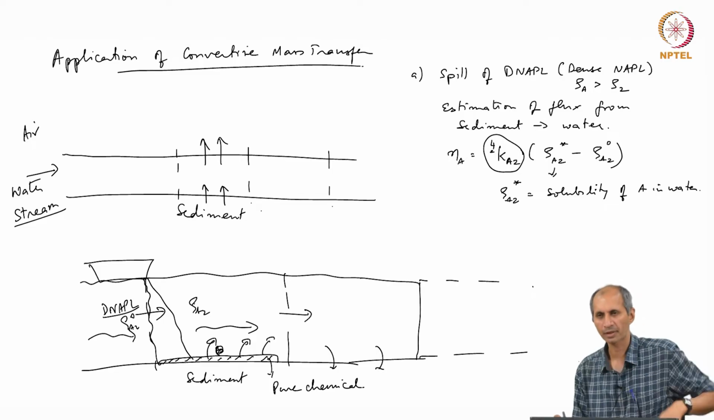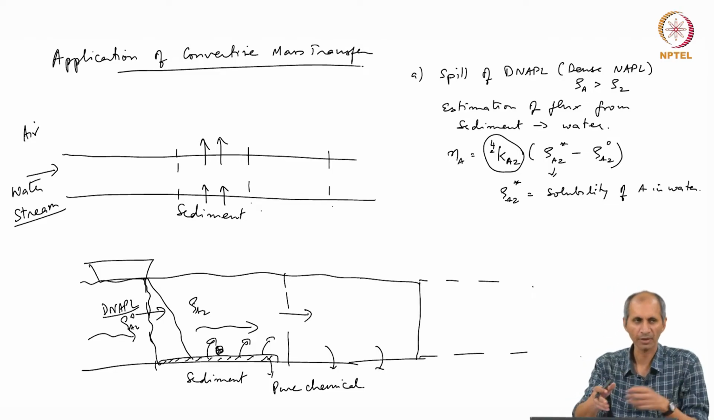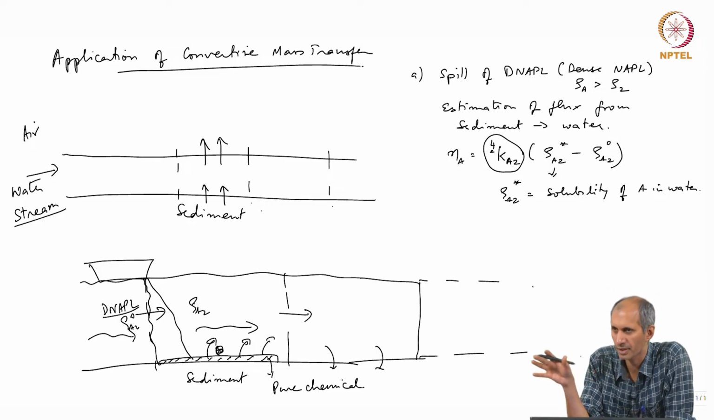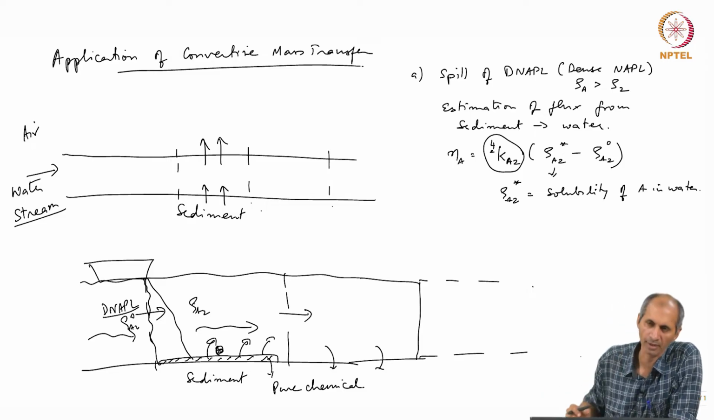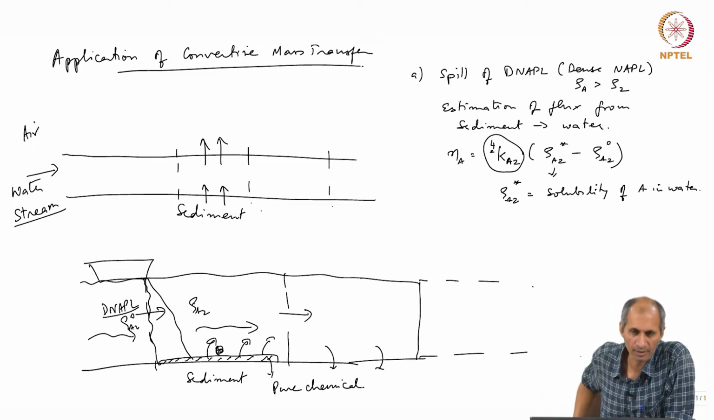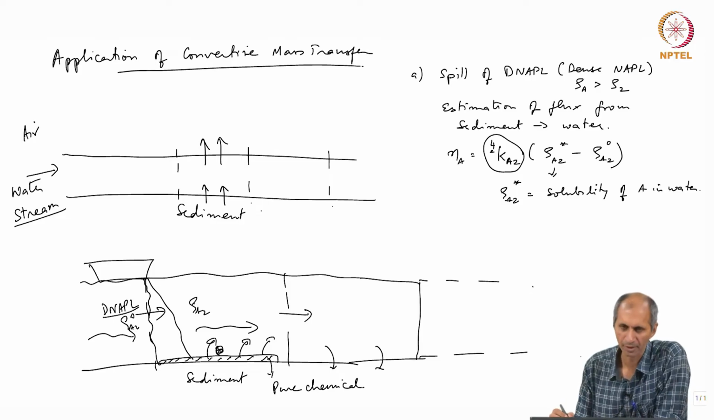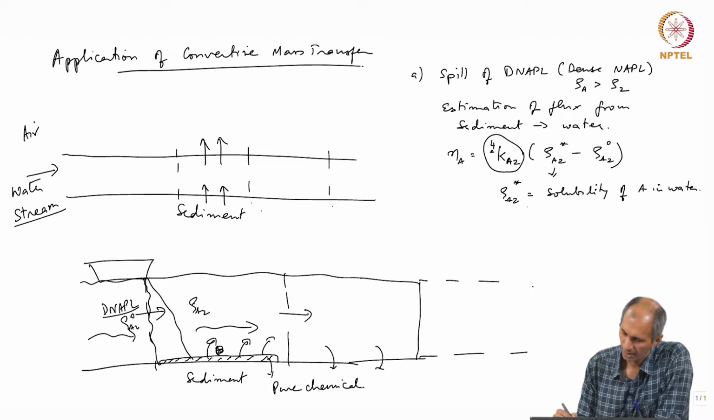Just like what we considered in the last example where we spill something on land and it does not go into soil, it is staying as pure chemical. The rho A1 star we talked about in the last class is the vapor pressure of A. This is the equivalent of that in the solid. And then this mass transfer coefficient Ka24 is now a stream